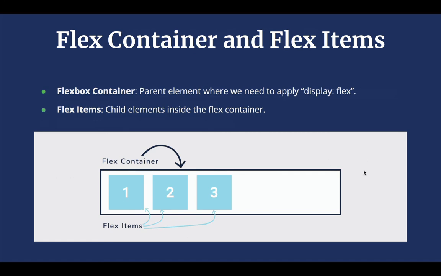So we can see here, this is the container, the outer line. Inside the container we have three different items. So the outer line box is our flex container and the items inside it are the flex items. It is necessary to differentiate between flex container and flex item, as I have already mentioned that the Flexbox model comes with a few properties. A few properties can be applied to the flex container, and a few properties can be applied to the flex items. So next we will see what the different flex container properties and flex item properties are. Then we will discuss all those properties one by one.